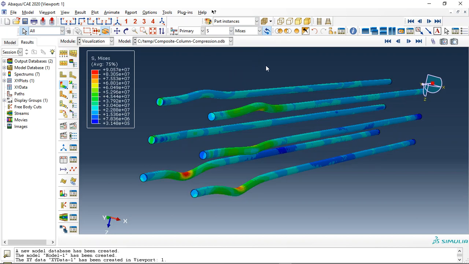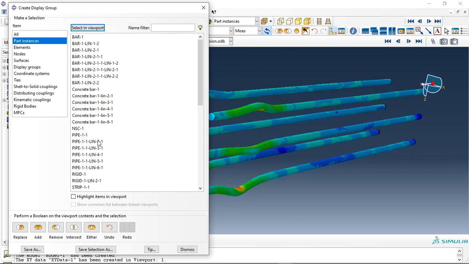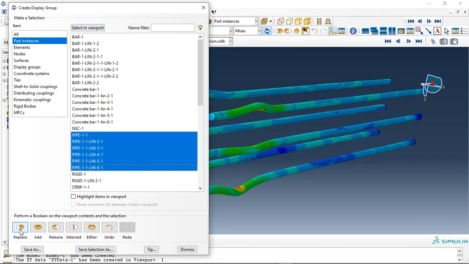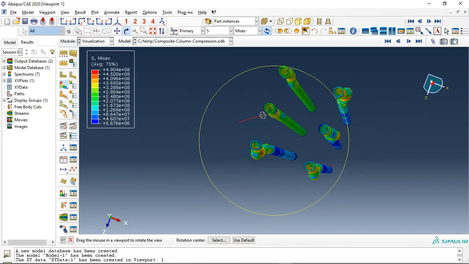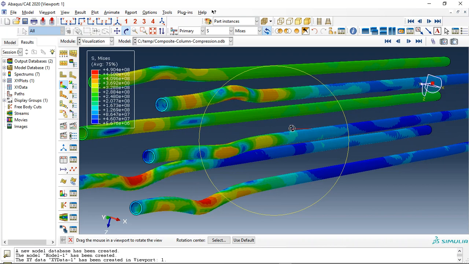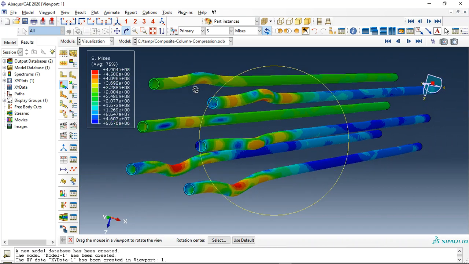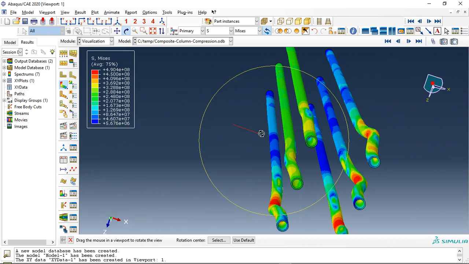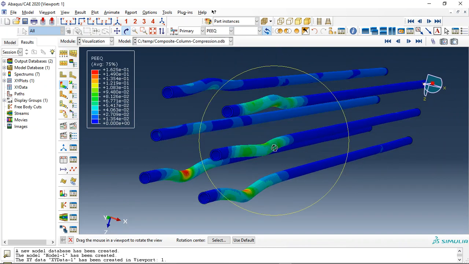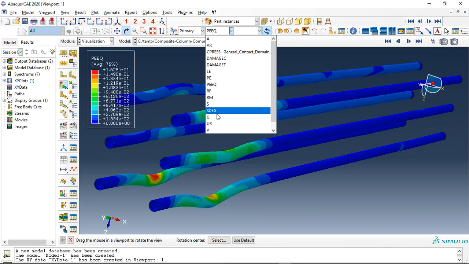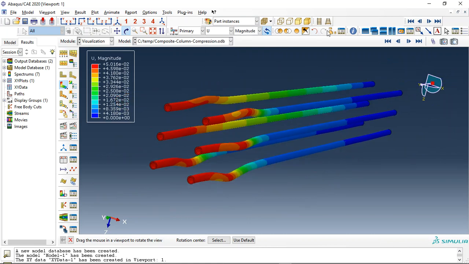And now let me replace the steel pipe. The pipe replaced, you can see these are the steel pipes. They have interaction with internal concrete and external concrete. See the deformation, and we can check the plastic strain for this or anything else, displacement. And now let me